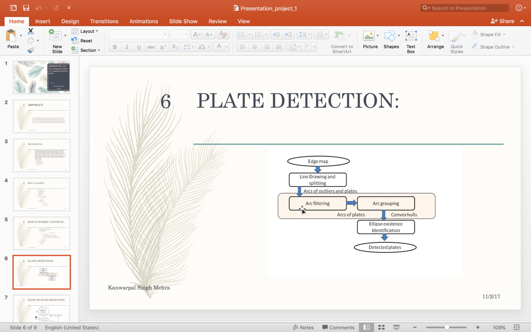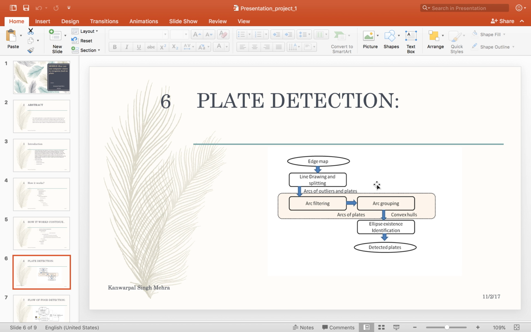We split the lines, we use Hough lines, and these lines are split, and then we remove the outliers, and the two major